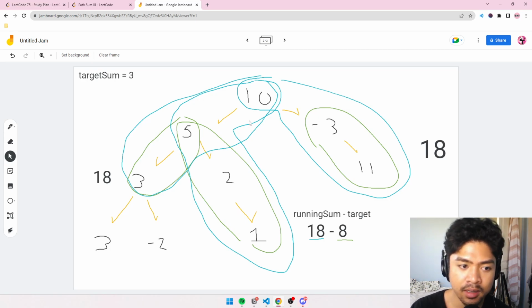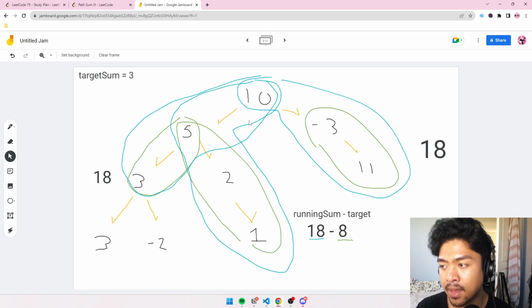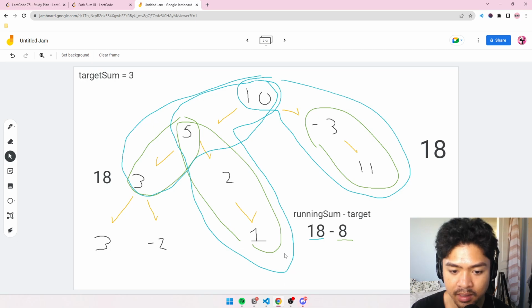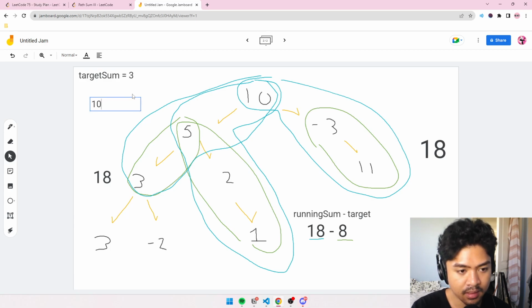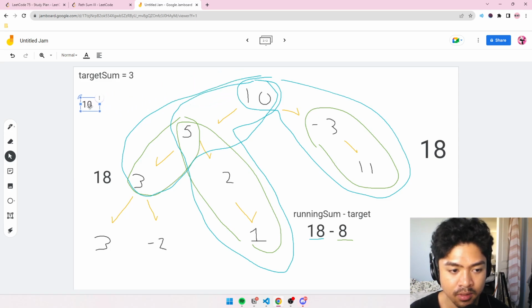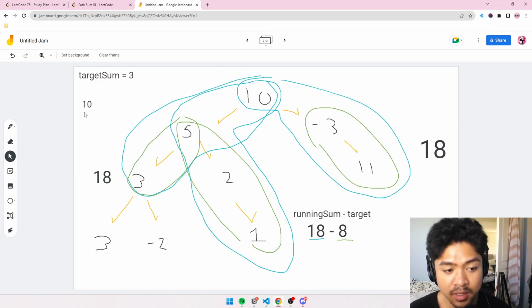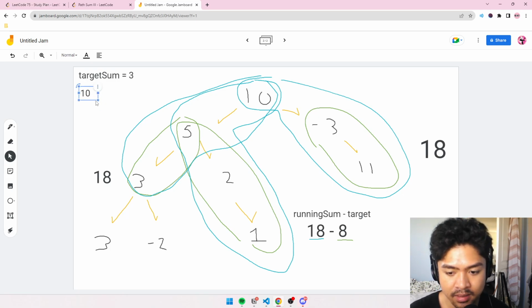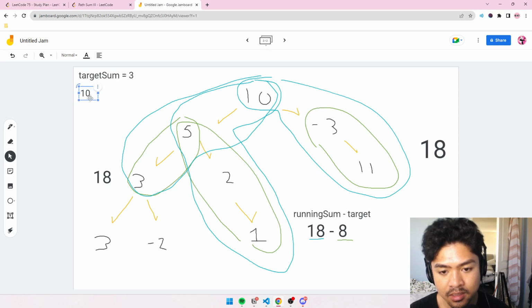And even though I don't really understand it as well as I can bring up from my mind perfectly, it's something about a prefix sum where we keep track of all the running sums that we have right now minus our target. So basically, if we start at 10, 10 is basically a path already, right? So it's technically a part of our path already. So we can keep track of that 10 does exist. And so if we say that 10 minus 8 is equal to some path,